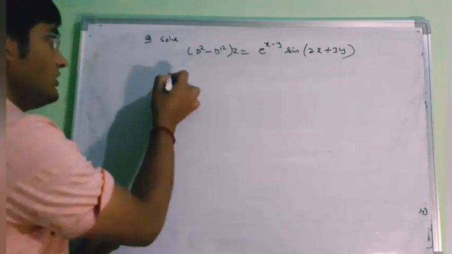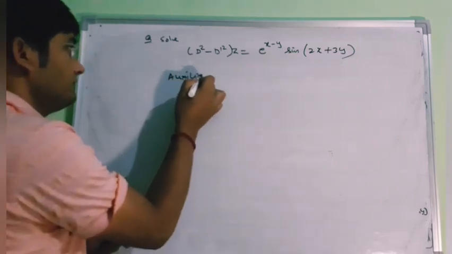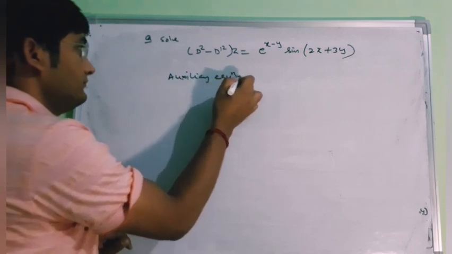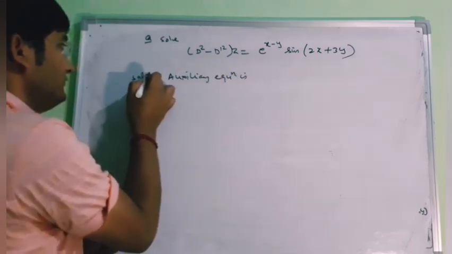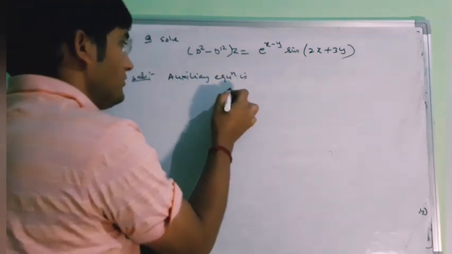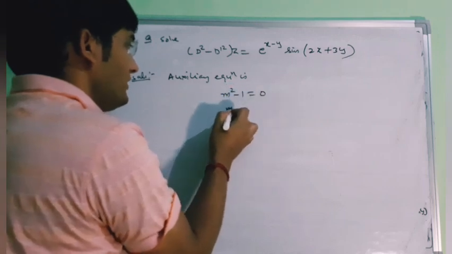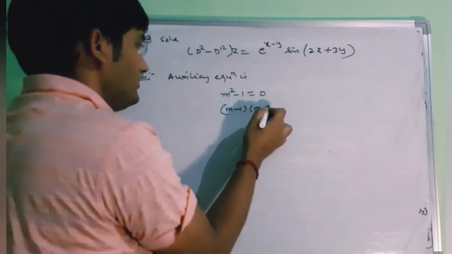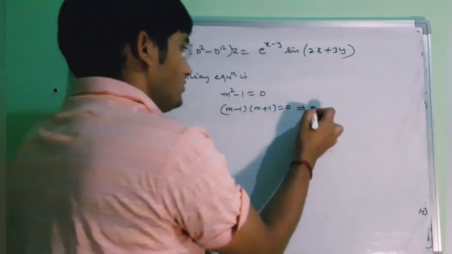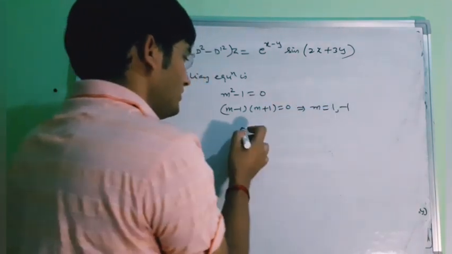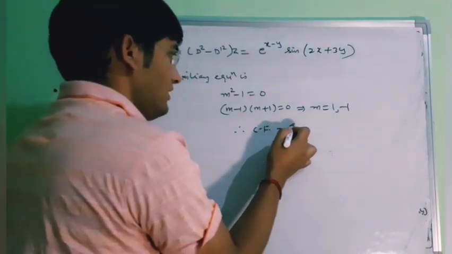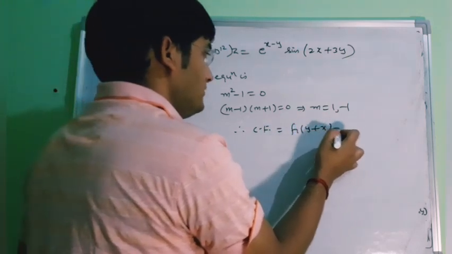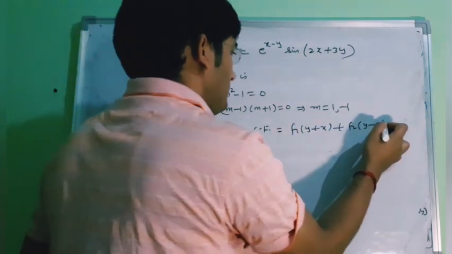So auxiliary equation will be, if we replace our d by m and d dash by 1, we will have the roots as m minus 1, m plus 1 equal to 0. So you can see that m is 1 and minus 1. So our CF will be f1 y plus x plus f2 y minus x, and PI will be